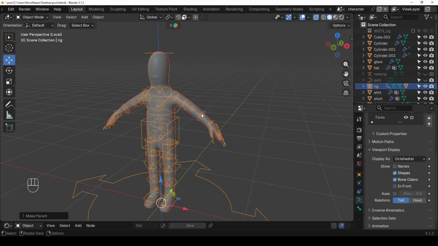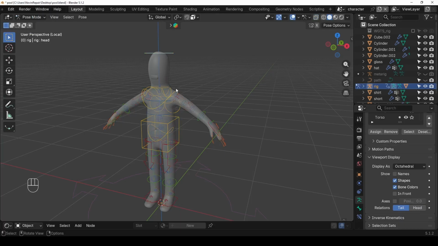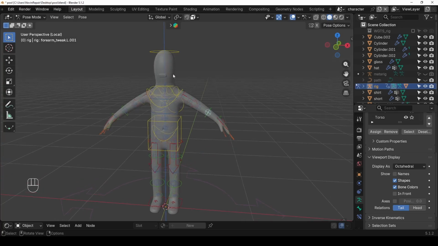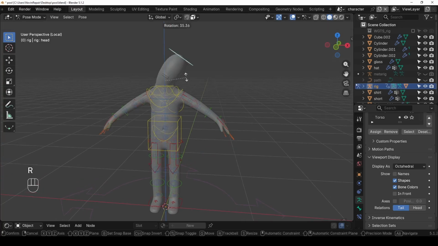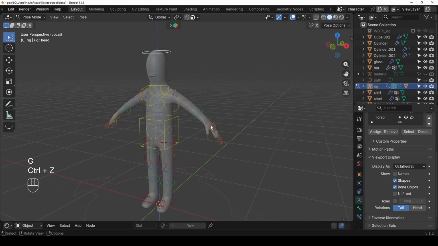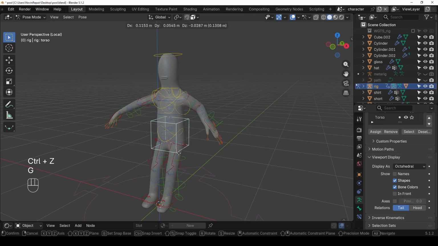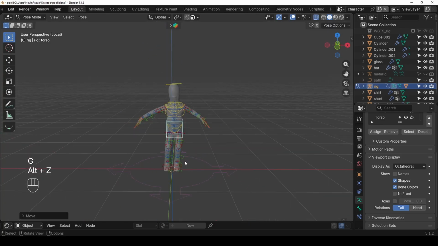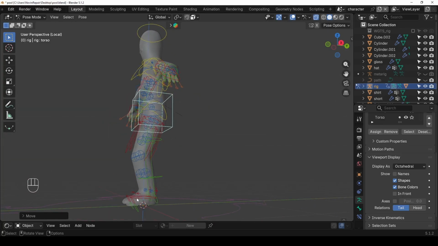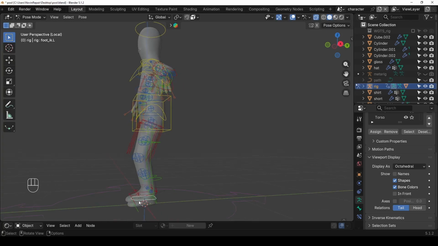So now if I select the rig and I go to pose mode, I can select every single one of these pieces right here and move them, rotate them, or scale them. For example, let's grab this one and rotate it around so our character can bend the neck now, or we can move it around. Or right here I can grab this one, for example, and rotate it, and grab this one and do all sort of fun stuff. You can select this one right here and bring it up,